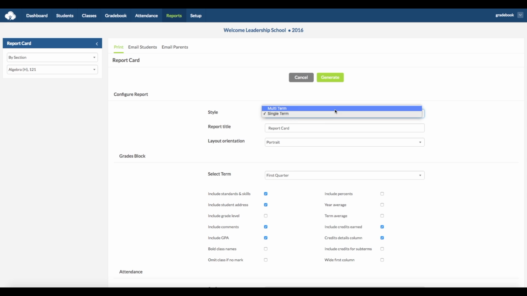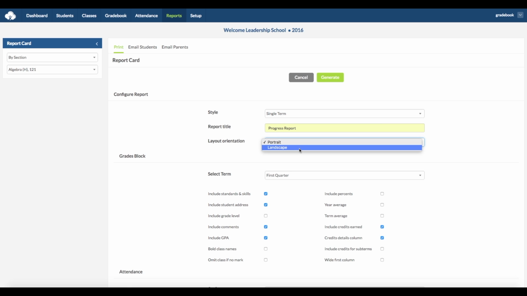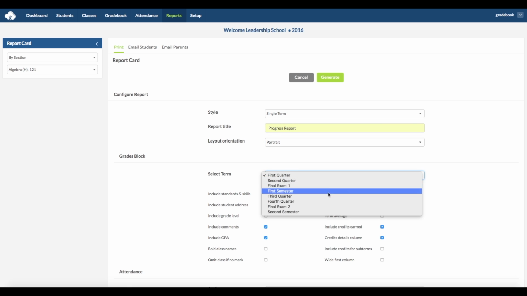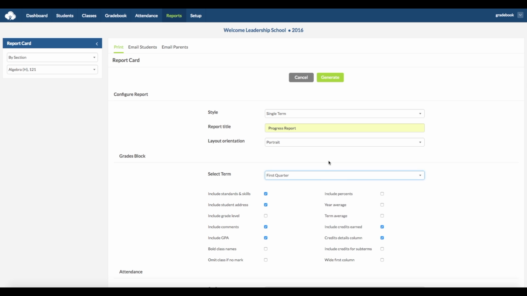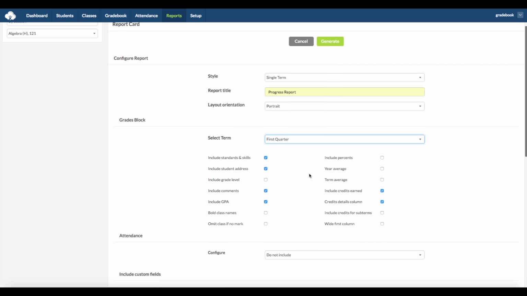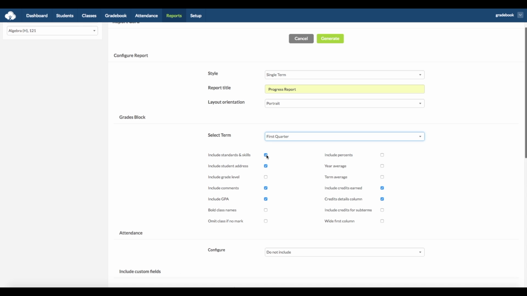The pull-down menu allows you to select the style, multi-term or single-term. And here you can name the type of report, like Progress Report. And here's the orientation. Here you can select the terms included in it. And below here, you have all the things that you can include or exclude from the report card, like graded standards